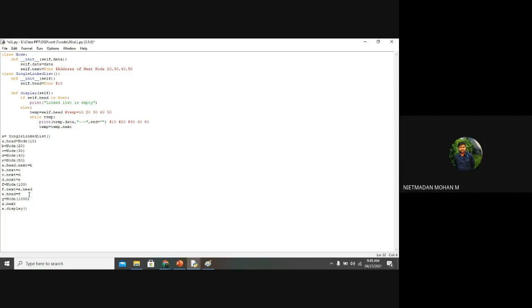G dot next is equal to A dot head, F dot head. And G dot head is equal to F dot head, equal to G, right?